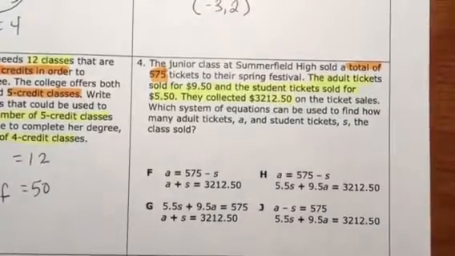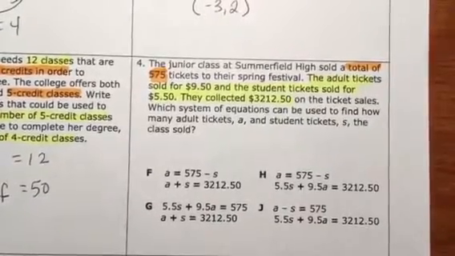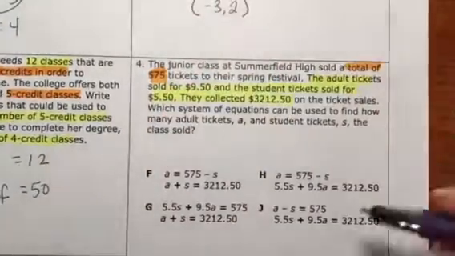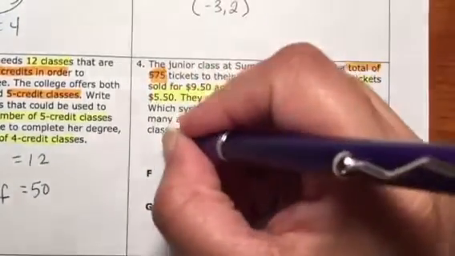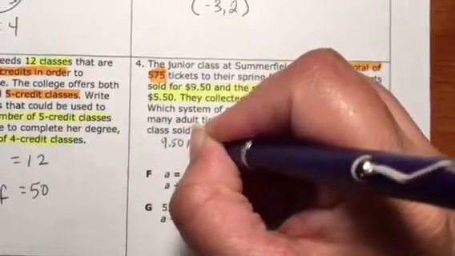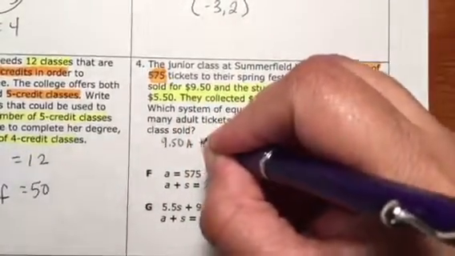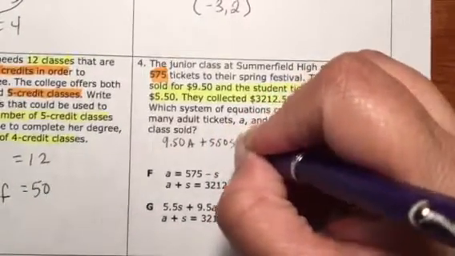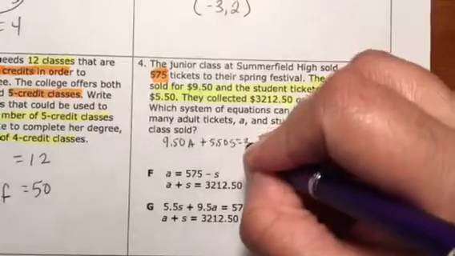So I'm going to look at the money equals money first. So $9.50 for the adult ticket plus $5.50 for the student ticket gave us the